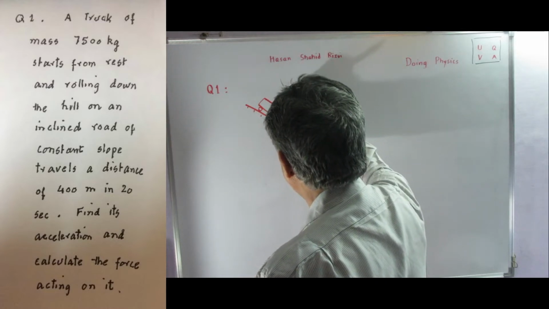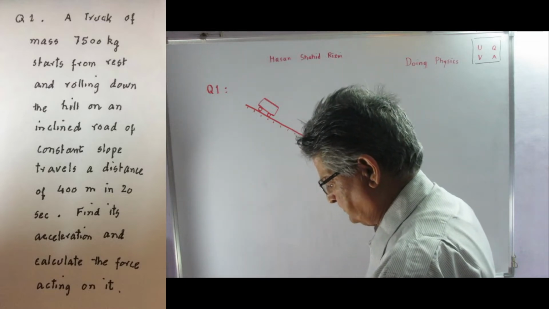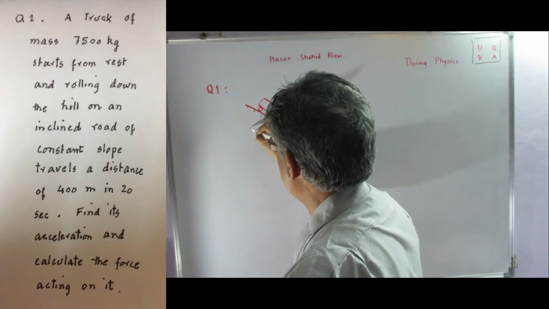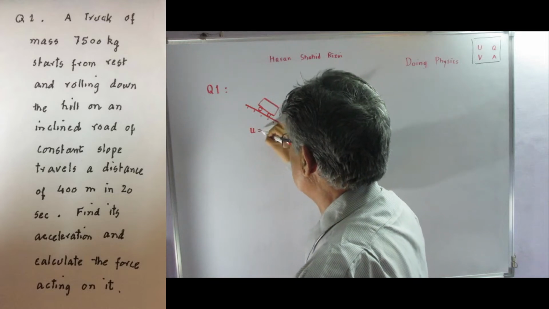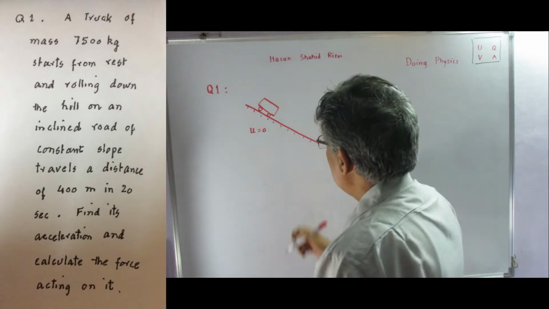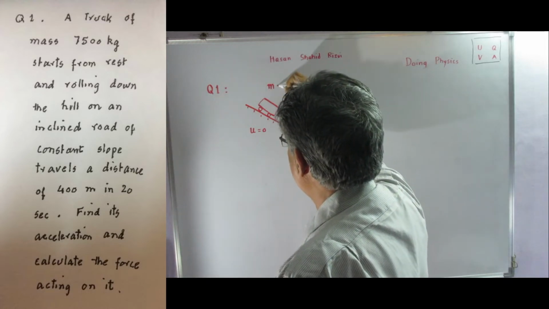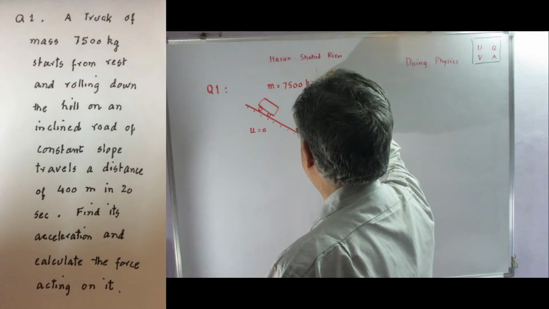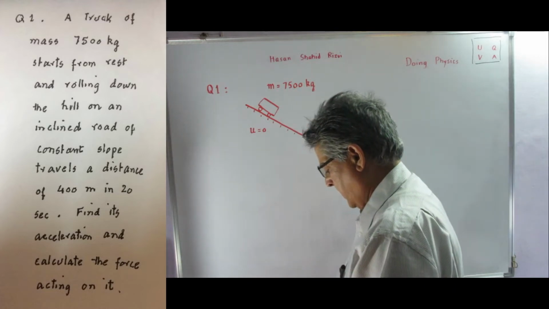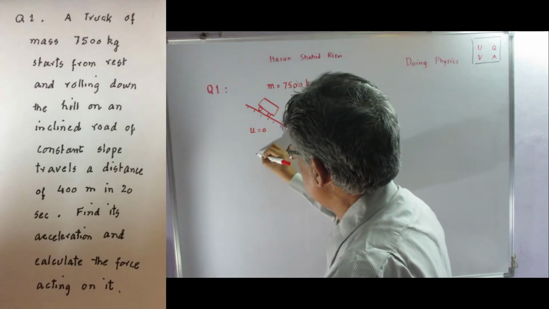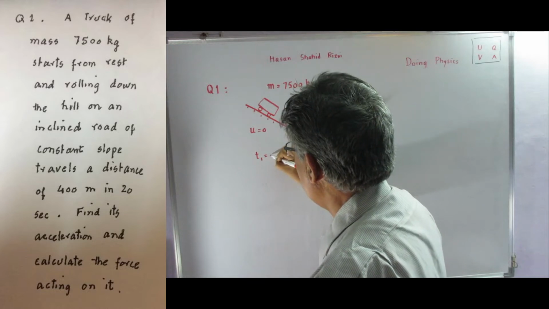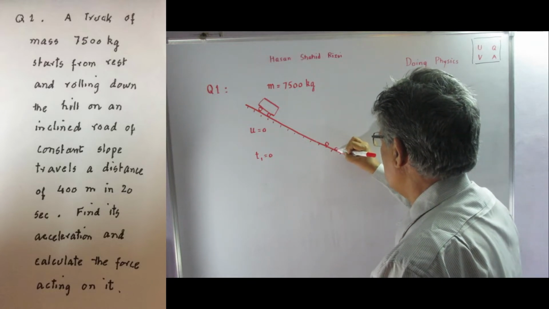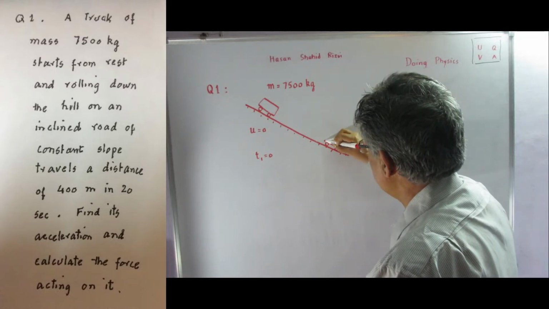My truck is there, and at time t is equal to 0, the velocity of the truck is 0. That means we can say that the initial velocity is equal to 0 meter per second. The mass of the truck will just write here. This is the data, kilogram, okay? And then suppose this happens at time t1 is equal to 0, and after some time my truck reaches this point, and this point is, for the truck,